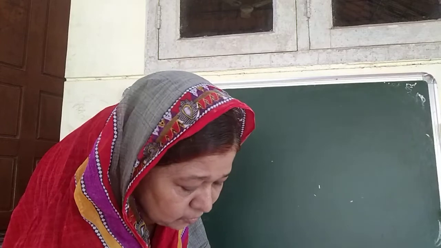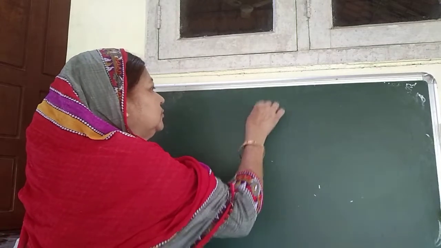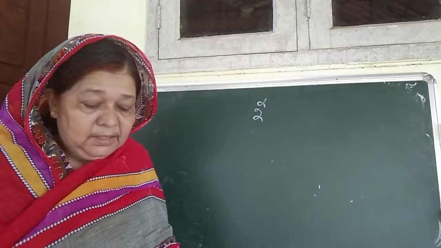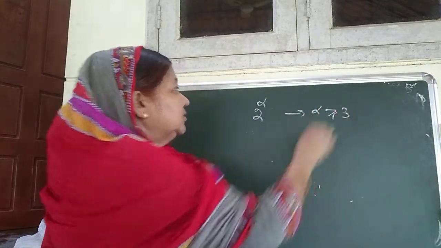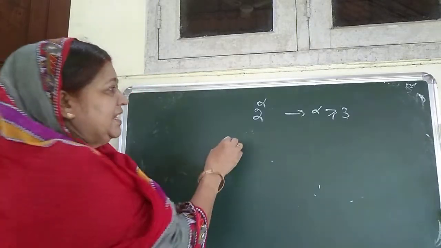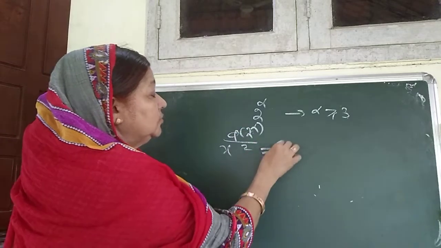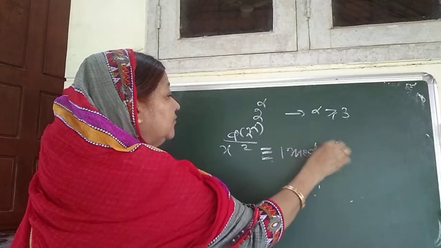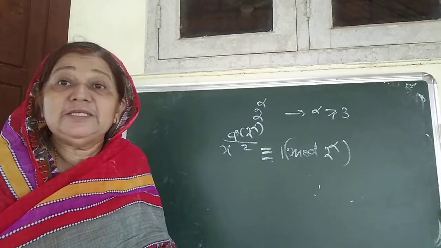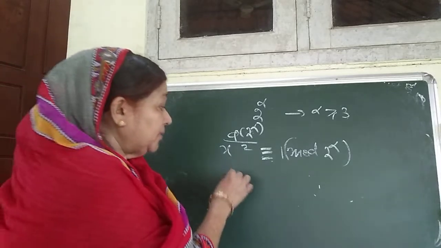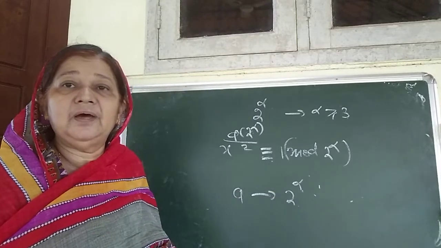Yes. Then we come on to the existence of primitive roots modulo 2 raised to alpha, for alpha greater than or equal to 3. We can prove that x raised to φ(2 raised to alpha) by 2 is congruent to 1 modulo 2 raised to alpha. We can see that. That means, if a is a primitive root for 2 raised to alpha, we know